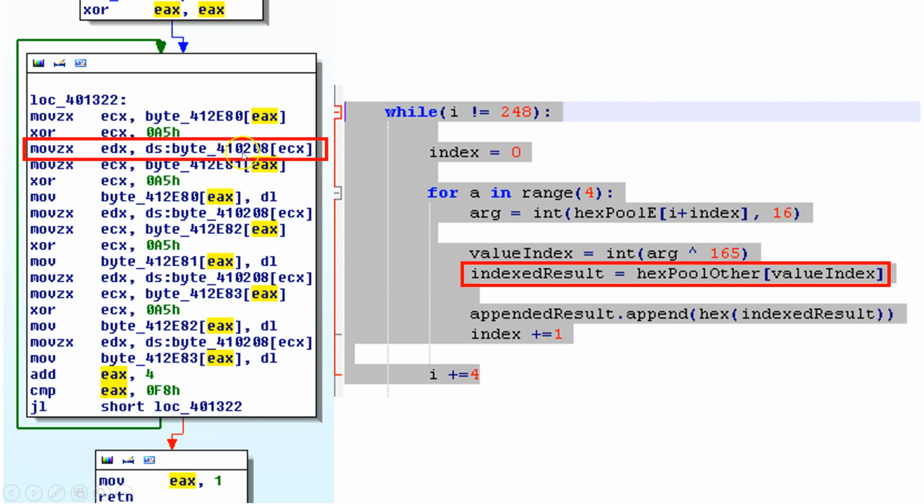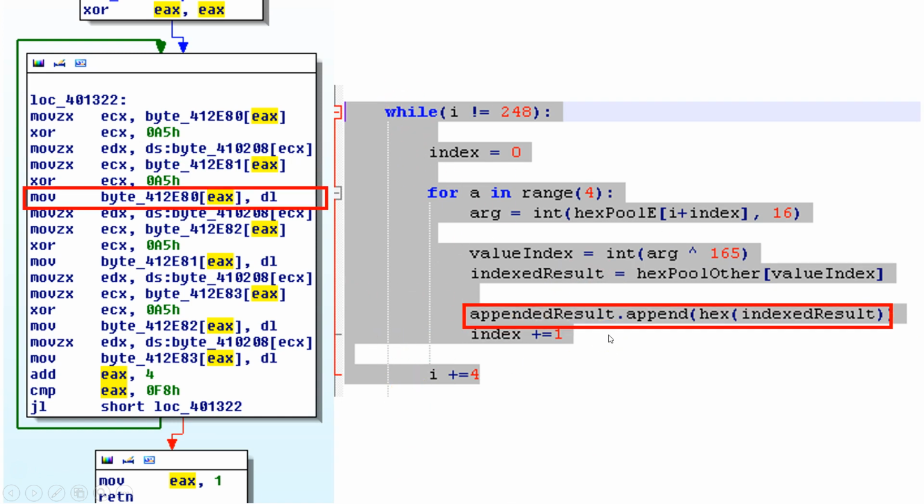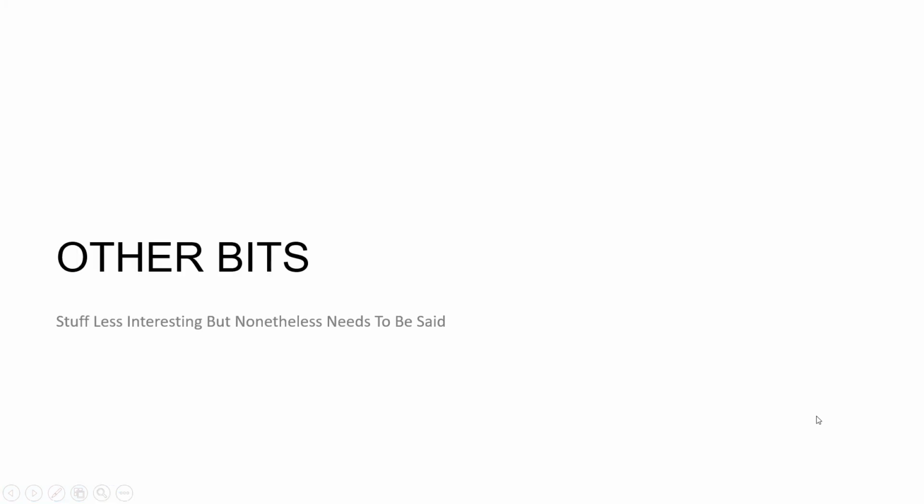So basically, you should grab this and this location when looking at config extraction. There are 2 places that we should be grabbing to get this. There's an array that later on I will most likely be showing you, where we get from the pool a value index that we get from here, and this is then appended into a result, and then we go through the operations in the while and the for until we print it out. Beautiful. And of course the appending, as I say, is the hexadecimal version, recast into a list.